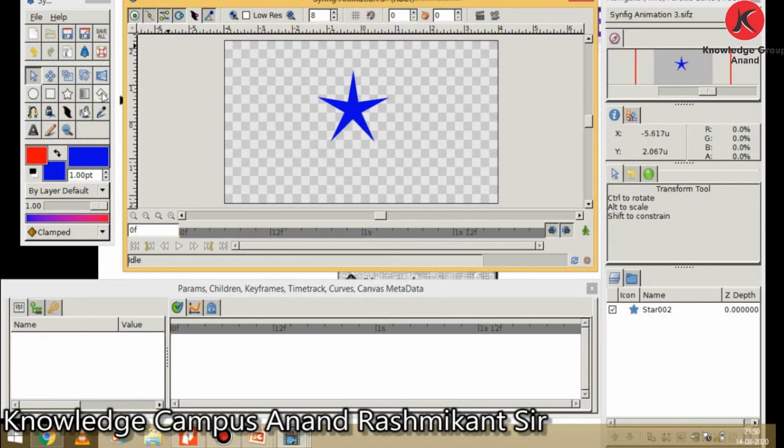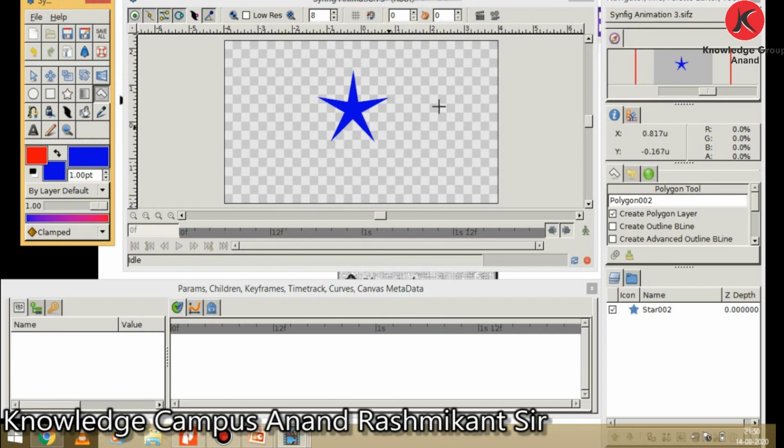It is a polygon tool, and a polygon can be created using any number of points, and then click on the first point to close it. See, I choose the polygon tool, click on it.